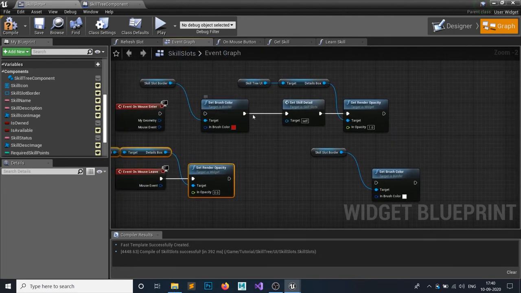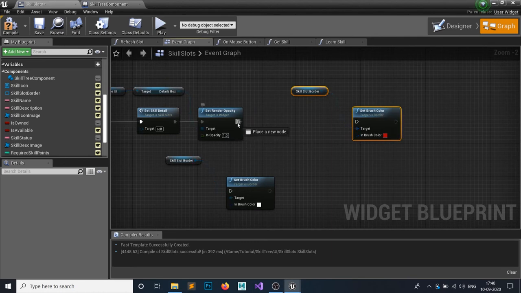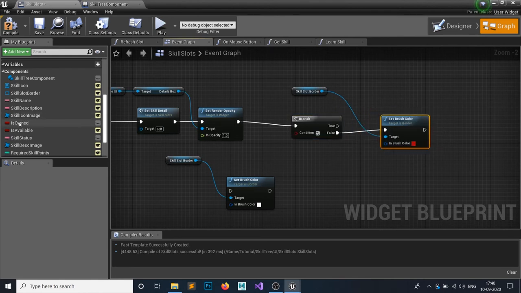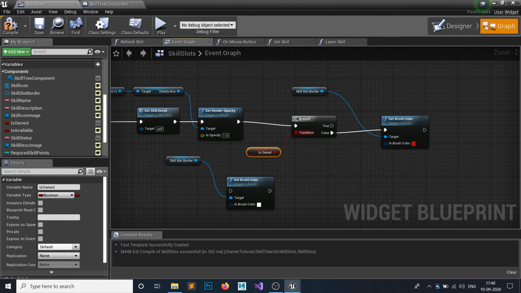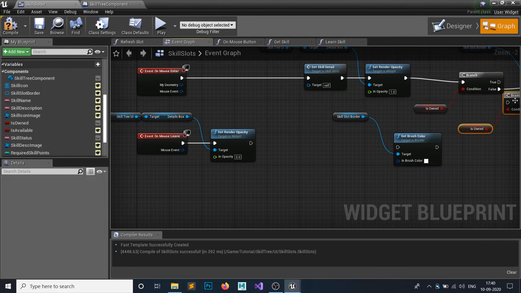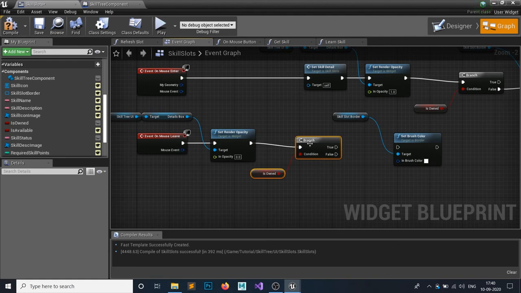So how are we gonna do that? Just connect it something like here, and the skill slot border, first in here, let's add a branch, and in the false part we're gonna do that. So if our branch is not owned, then we're gonna do that. So hit compile and save, and before that just Control W in here.